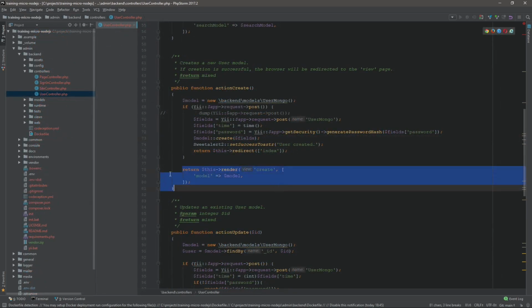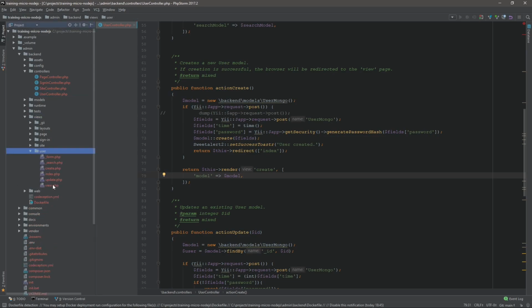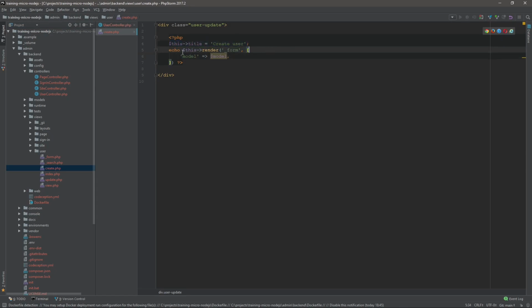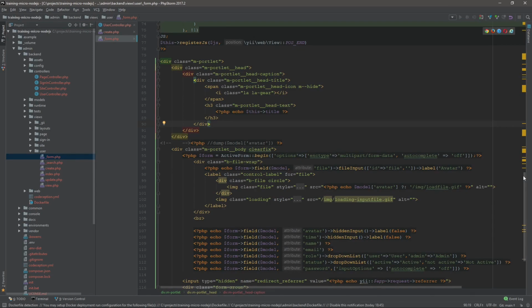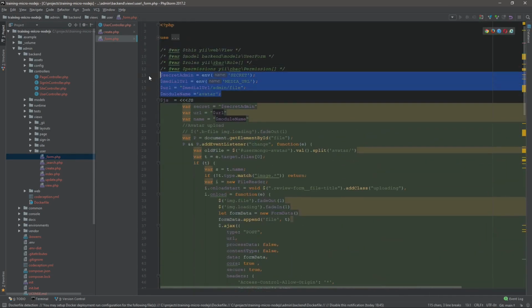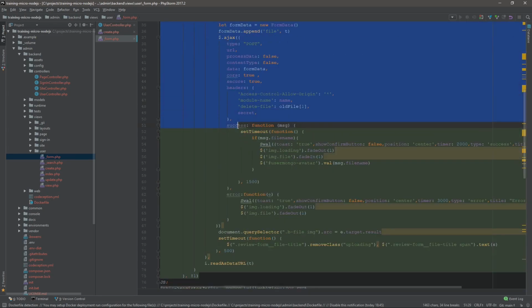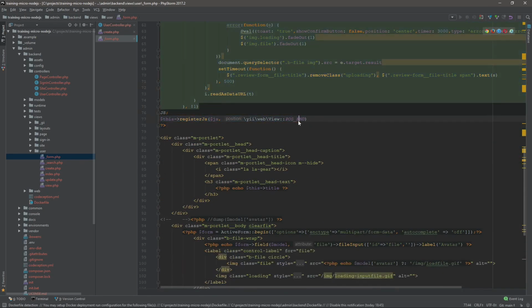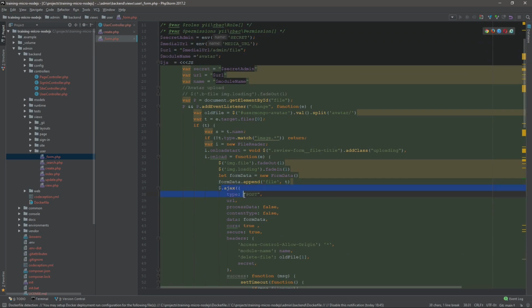Let's look at the view. Let's go to the user. The controller renders the file create. The create file already includes the form. Let's go to the form file. At the top of the file we see the variable configs, and embedding JS. In the JS file we process avatar loading, which uploads media to our service. Along the way,